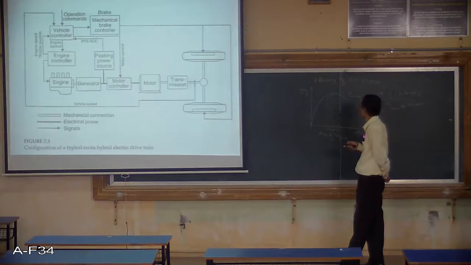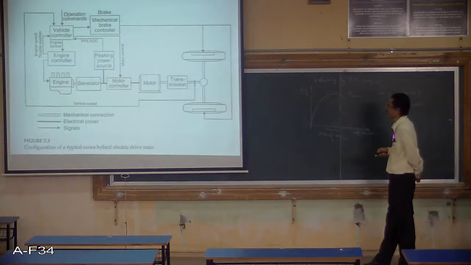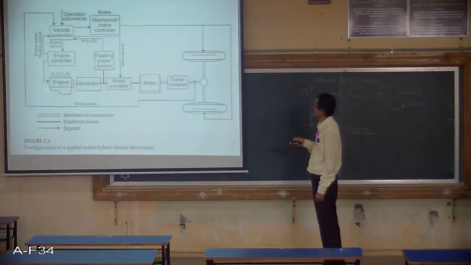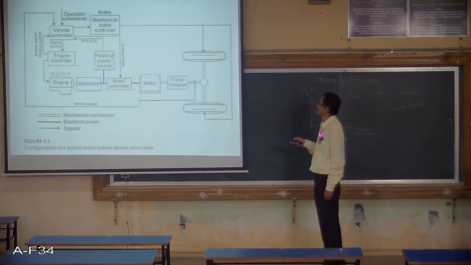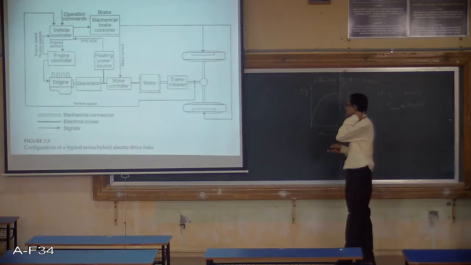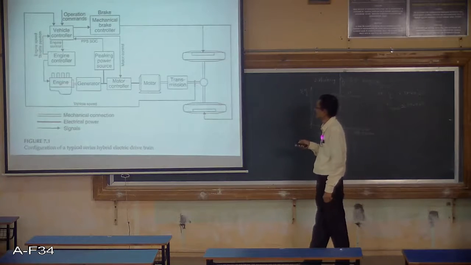And as you can see here, if you operate the machine within this range, you get the maximum efficiency, and when you operate it here, you require less fuel. That is known as fuel economy. So you can operate this engine in that operation region and get the maximum efficiency of the whole drive. When you improve the efficiency of this engine, the efficiency of the whole mechanism of the electric or hybrid vehicle can be improved. So now this is what we are going to see.